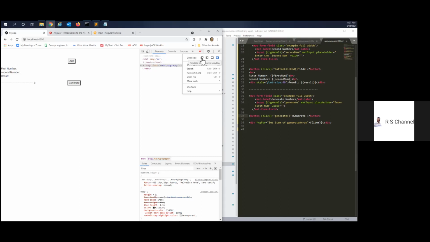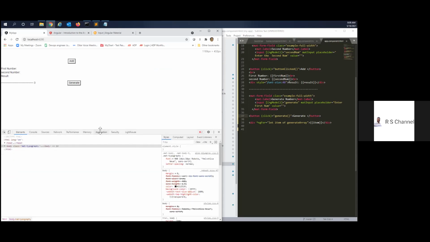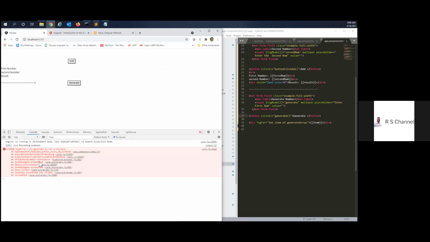Watch it. When you click on the second icon, this console window will go to the left side. The left is shaded, correct? If you click the third icon, this section will be at the bottom of the screen. Currently, it is highlighted blue, which means it is on the right side. If you click the third icon, it will be easy for debugging. So it will go down. Okay. Go to console. You can see what the error is.